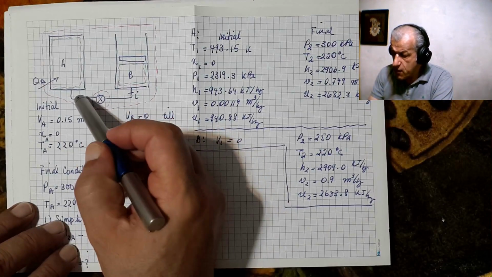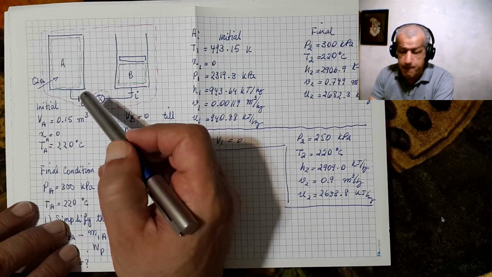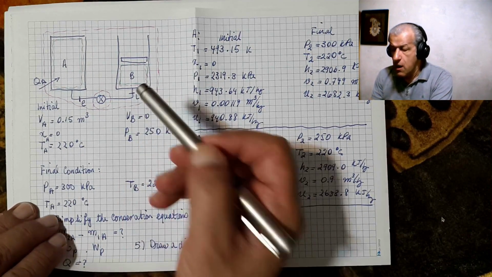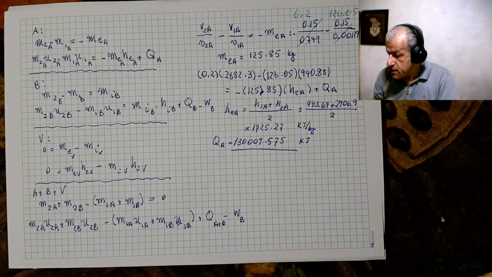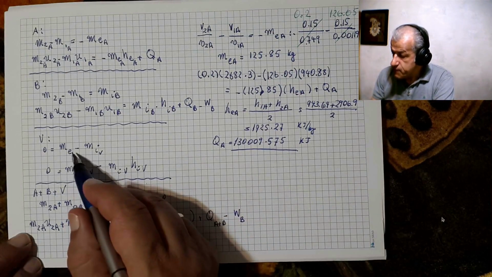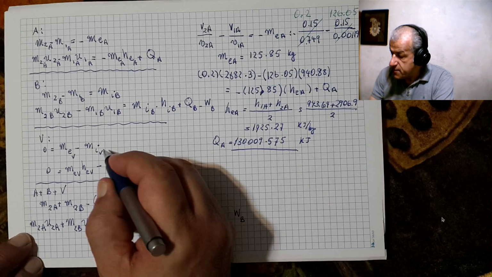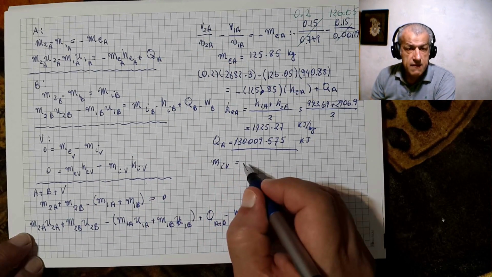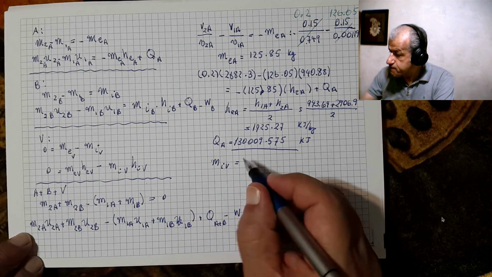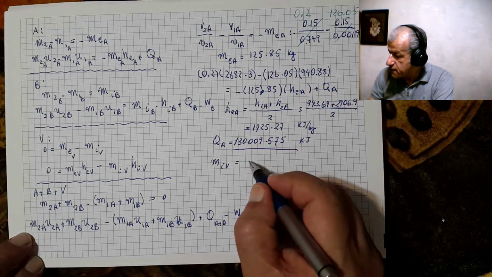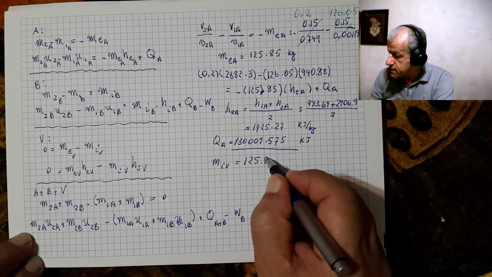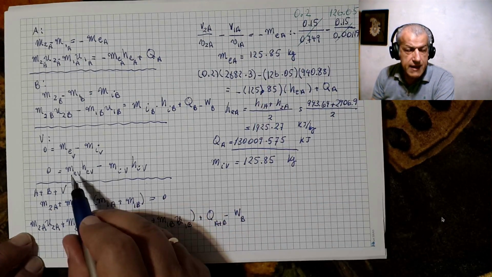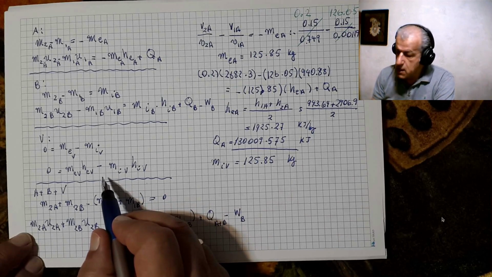We have all properties at E, and we could also calculate all properties for I. It means that the mass MEV equals MIV, therefore MIV, the mass leaving the valve, is 125.85 kilograms, and with these two masses equal and canceling out, we would have